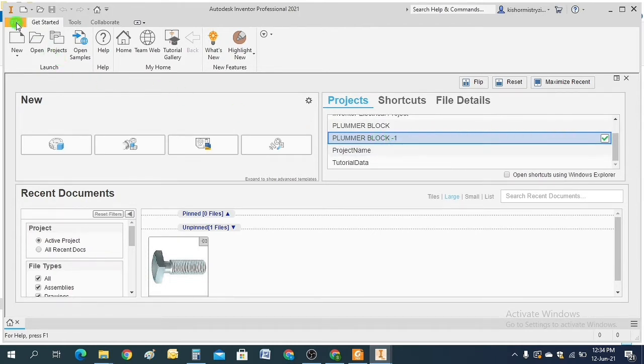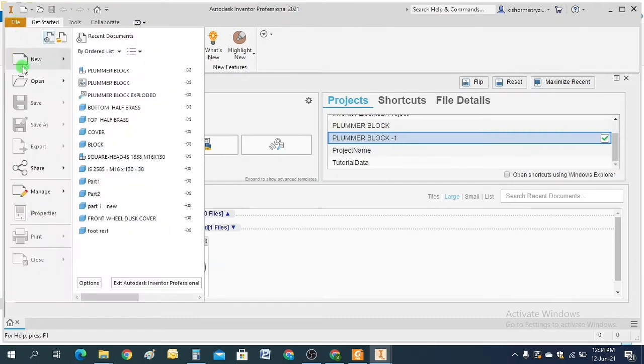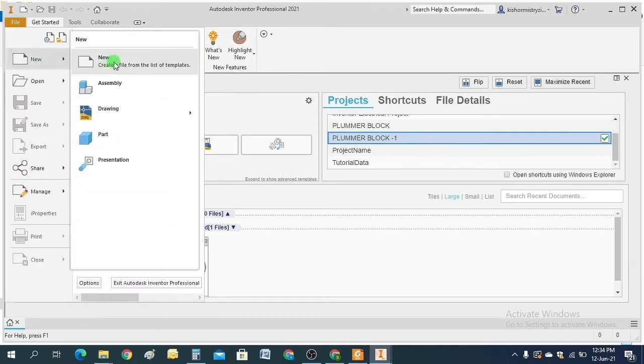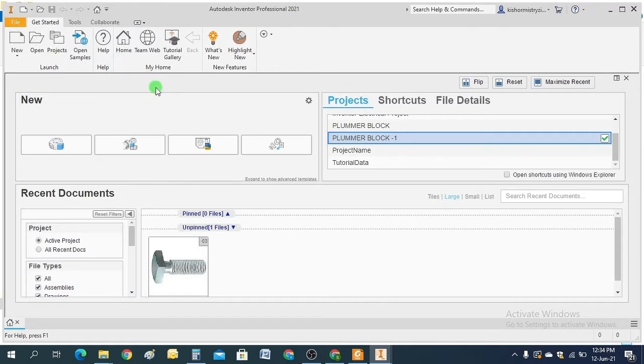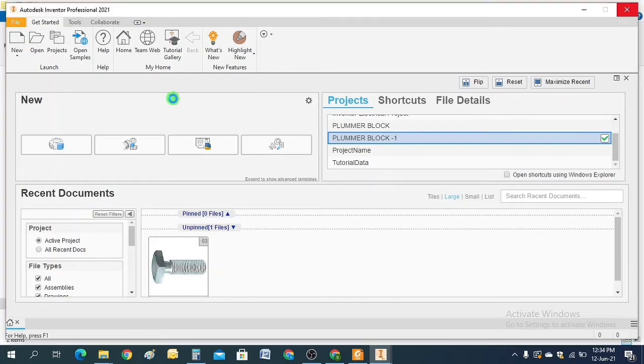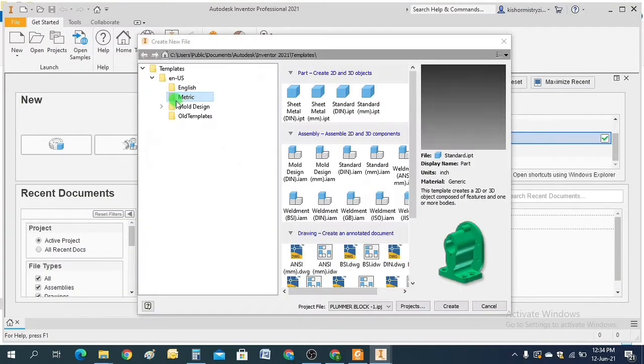Now go to File, New, From New. You can open your desired workbench like part, assembly, drawing or presentation. The default templates are already there, so you have to select.